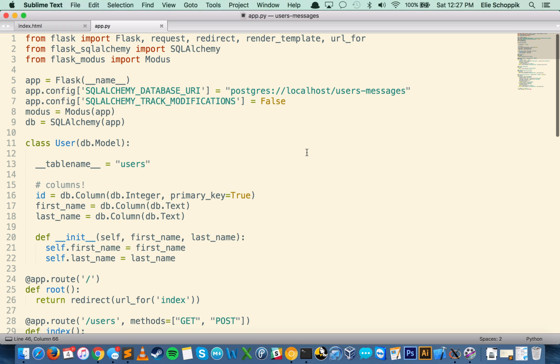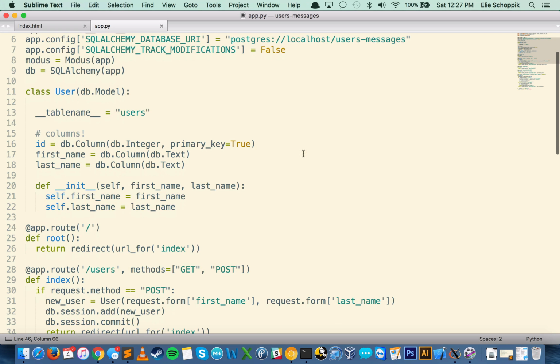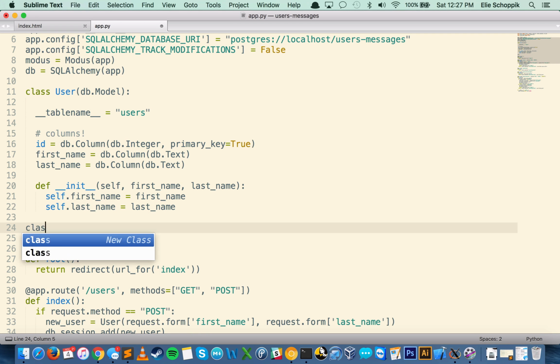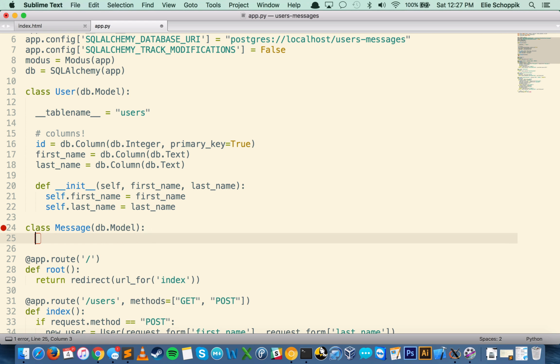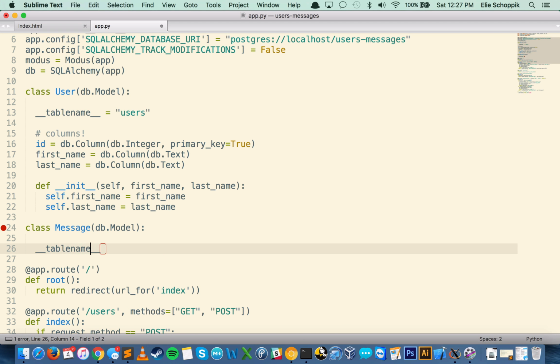All right, now for the fun part. We need to start adding a second resource, or a second noun that we're going to operate on, called messages. So what we're first going to do is make a class for a message. And here we're going to inherit from db.Model. We're going to make sure that we have a table name also